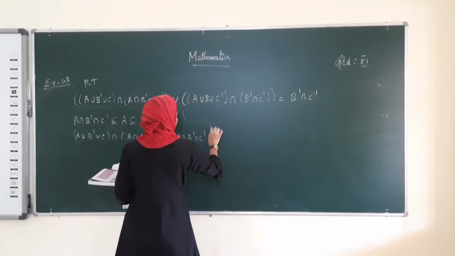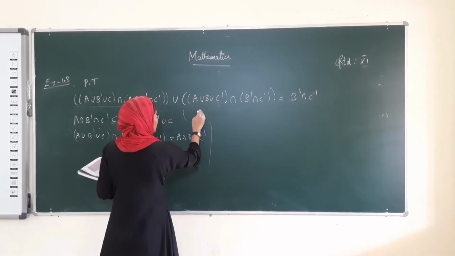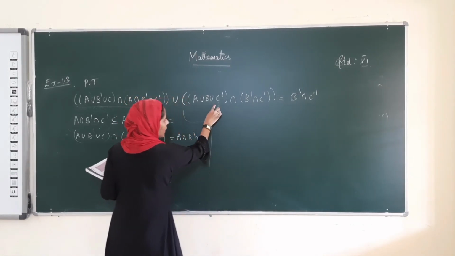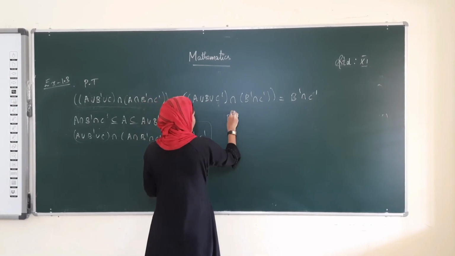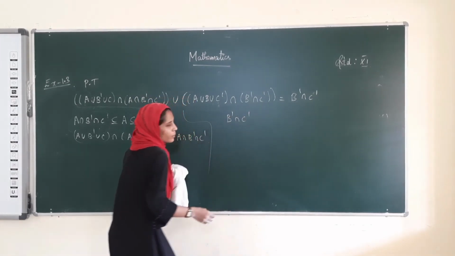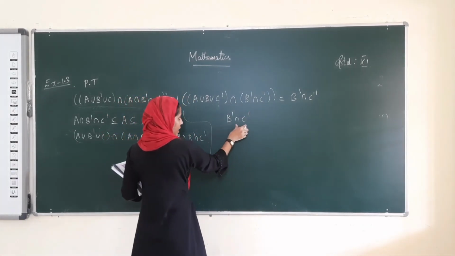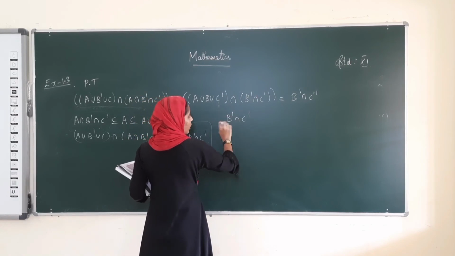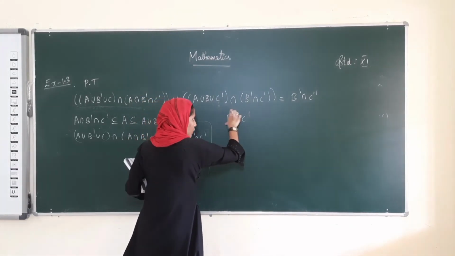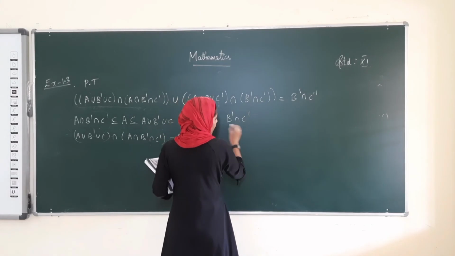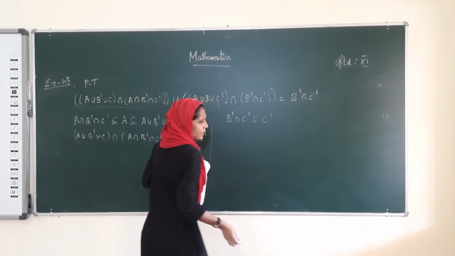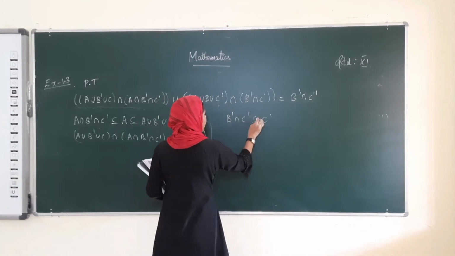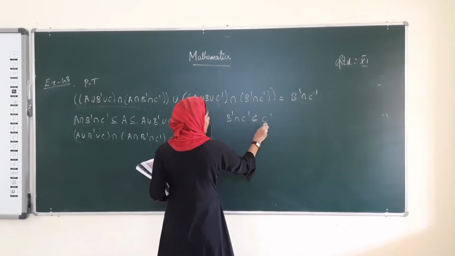Okay, similarly now come to this term. See here, that is A union B union C dash. Well, let us take this term alone, B dash intersection C dash. Okay, what is B dash intersection C dash? The common term in both, that term is in this also. Therefore what we can say? This is a subset of B dash, or we can say this is a subset of C dash also. Now here let us take this as a subset of C dash.